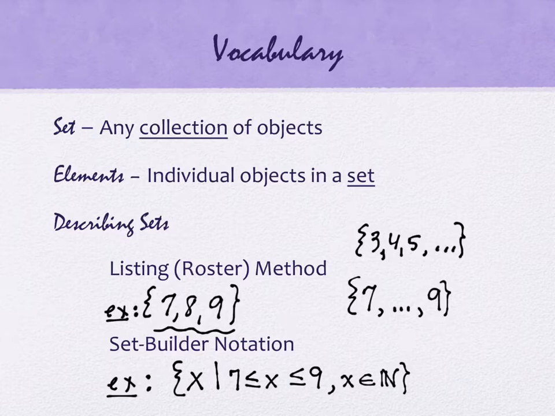So what this actually says now, reading it from left to right, is this is all X. That vertical bar is read as the words "such that" 7 is less than or equal to X is less than or equal to 9, and X is a natural number. Okay? So we're going to practice that for another example